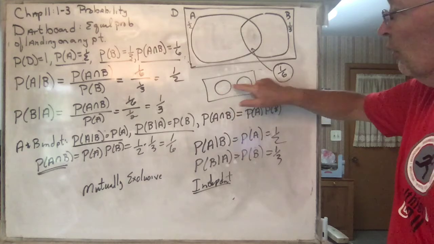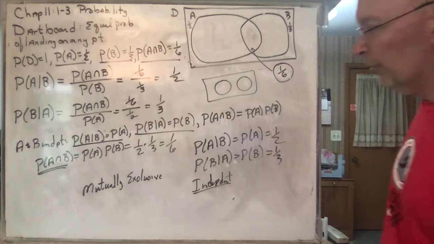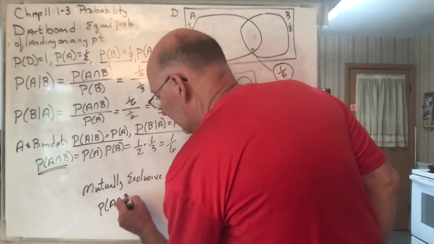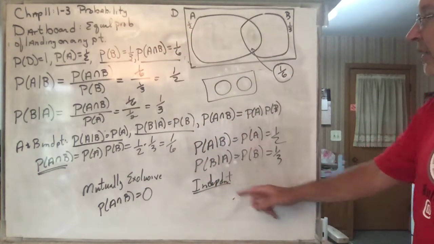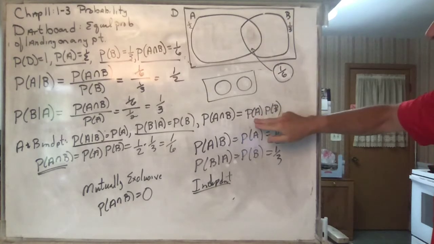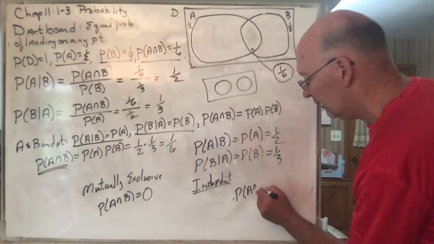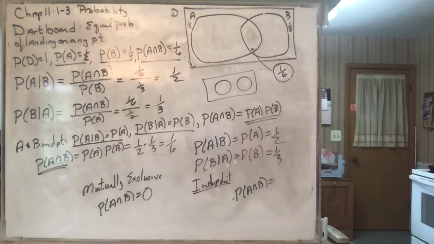And so they are dependent, and so remember, to be mutually exclusive means that the probability of A intersect B is 0. They can't both happen. To be independent means that you do have some stuff in the overlap. See that? You do have some stuff. What's true about the probability of A intersect B? It's not 0. It's equal to that. Okay? That's what it means to be